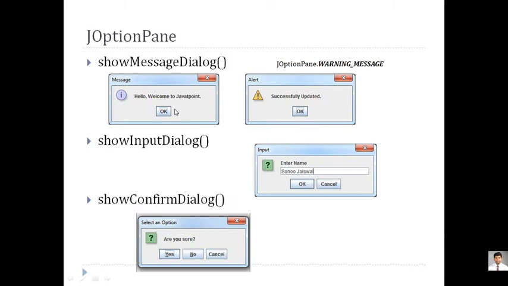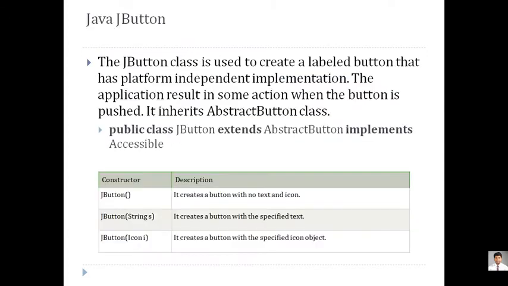And we have seen yesterday in an example how it looks and how we can change the icons of the message box also. So we have seen how this information and this warning message are displayed using JOptionPane showDialog functions, with different parameters of the same functions. Same way we have seen showInputDialog, how we can accept some values with a single line of code, and same way we have gone for the confirm dialog box also for execution.